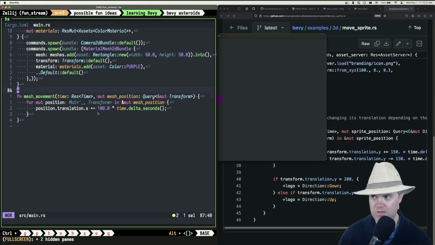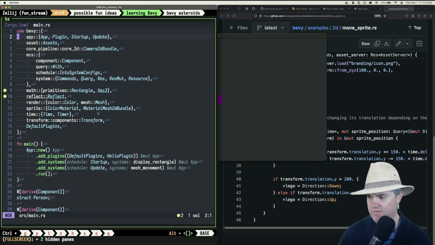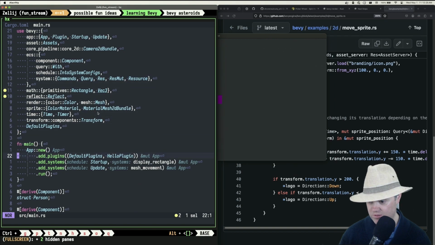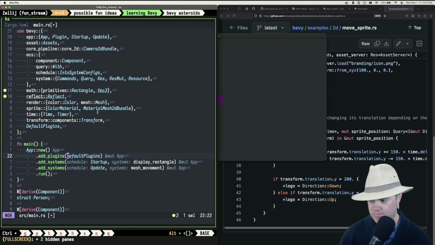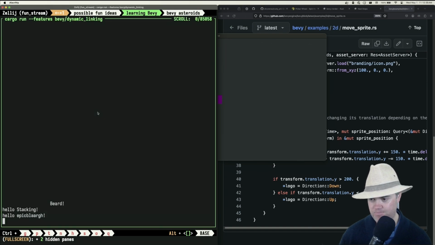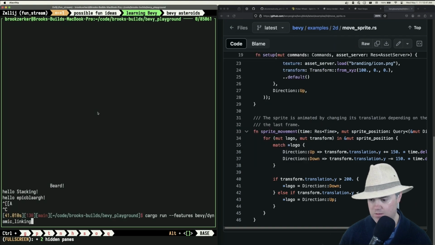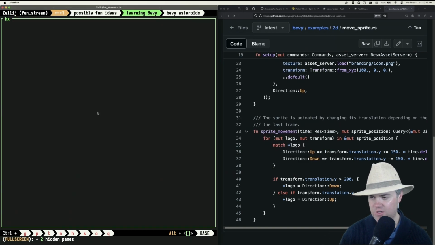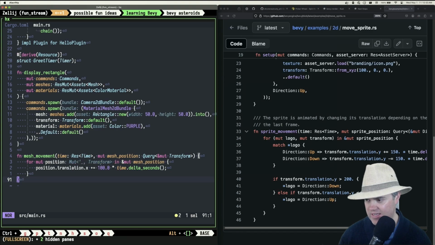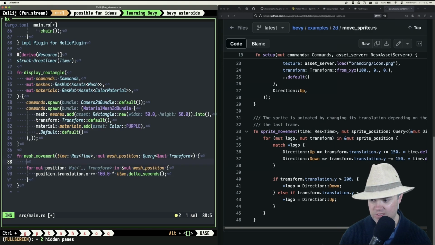Now, okay, I want to turn off the hello. Let's see. Let's remove our hello plugin. I don't really care about you. Okay, that's still working as expected. It's good. Which means I can now, under mesh movement, I want to,